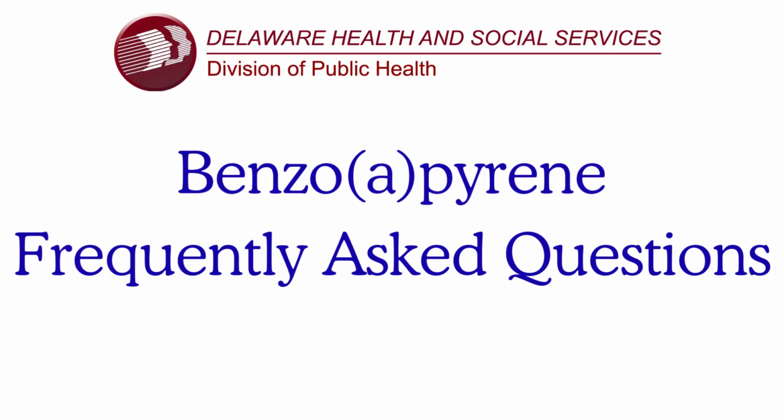How does benzo[a]pyrene work and how can it affect my health? Short-term health effects can be a skin rash or eye irritation with redness and/or a burning sensation. Exposure to sunlight and the chemical together can increase these effects. Long-term health effects can be deadly. Benzo[a]pyrene can cause skin, lung, and bladder cancer in humans and in animals.